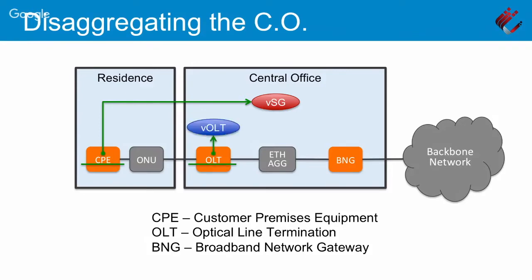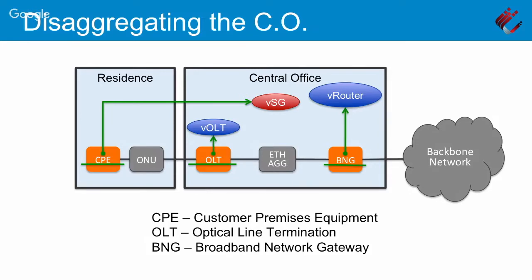We take the OLT, and we're going to do the same control data plane split. The data plane is going to be the one merchant silicon device that gets plugged into the racks in the central office. And the control plane is Volt, Virtual OLT. And it's going to be an ONOS app. Then we're going to go to the BNG, and we're going to do the same thing. We're going to take its control plane off, and that's vRouter, Virtual Router. And the data plane is going to be left behind. I'll show you what that turned into in a second.